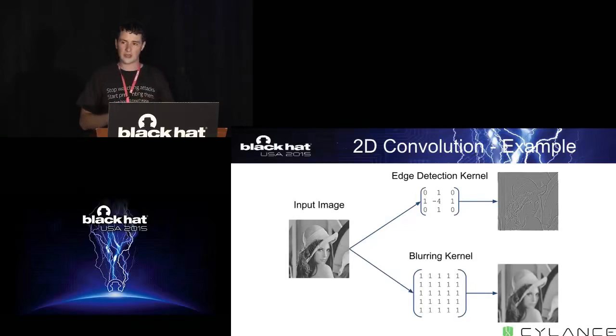And what you get is sort of like a rising, falling edge, an idea of where the edges lie in the image. So if you're trying to build a classifier that, let's say, distinguishes between men and women, you could maybe use the edge filter to come up with useful features. Like I said, it's a really general operation. You can also use it for blurring. In this blurring example, all you're doing is taking the average of the neighborhood of pixels, and this has the effect of blurring things out when you look at the image.